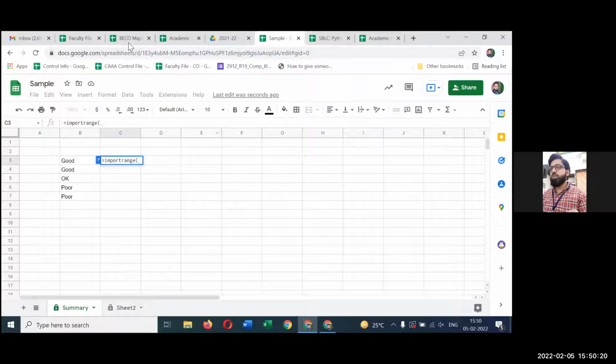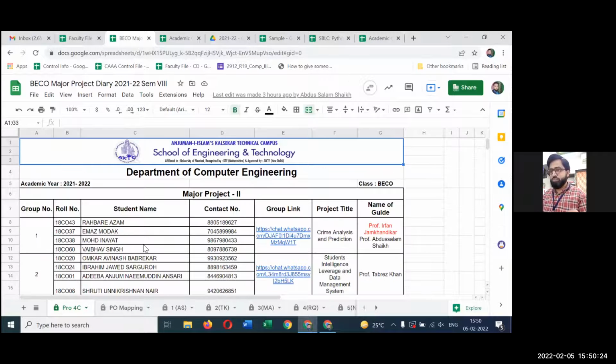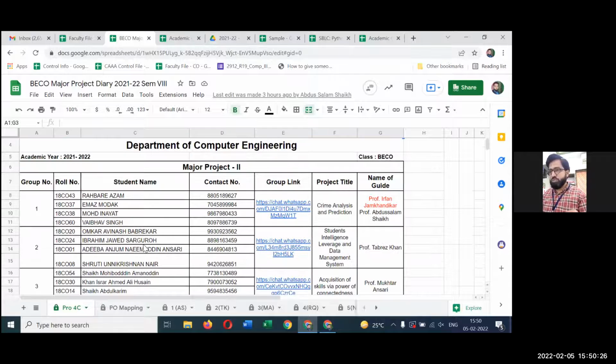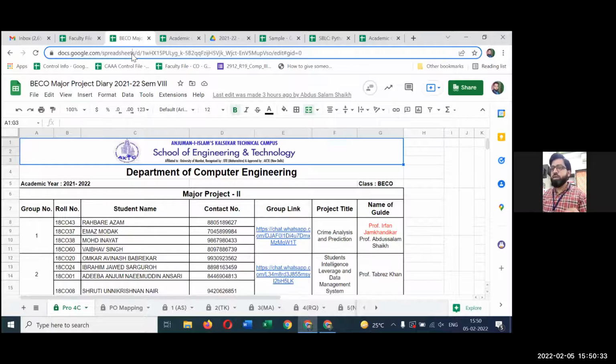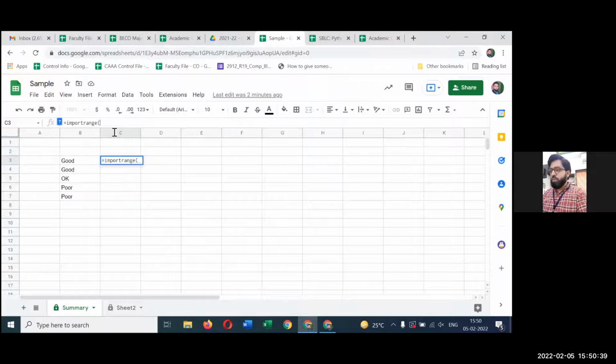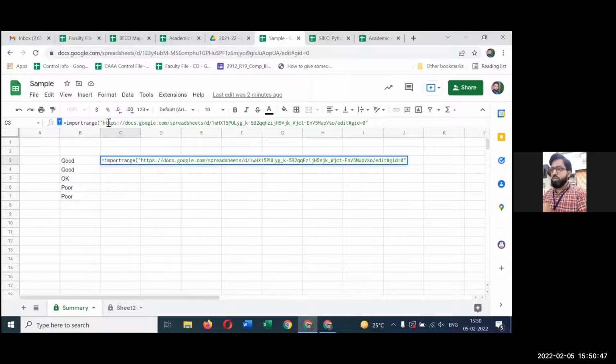फॉर एग्जांपल, I am importing data from this file. Suppose I want to import this data, ये पूरा डेटा मुझे इंपोर्ट करना है। तो मैं क्या करूंगा, ये जो लिंक है, ये लिंक मैं Ctrl+C कॉपी कर रहा हूँ और मैं अपने सैंपल में जाता हूँ, यहाँ पर मैं अपनी लिंक को सिंगल कोट्स या डबल कोट्स में पेस्ट करना है। So I would put it into double quotes. मैं डबल कोट्स में अपनी लिंक को पेस्ट कर दूंगा।